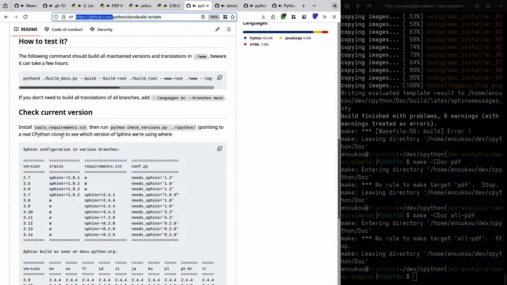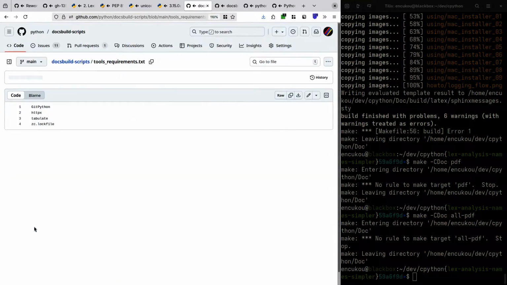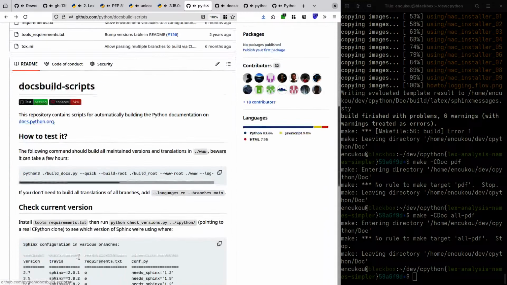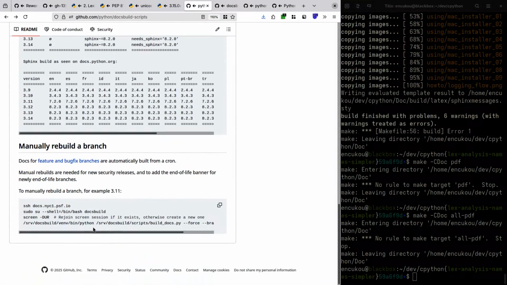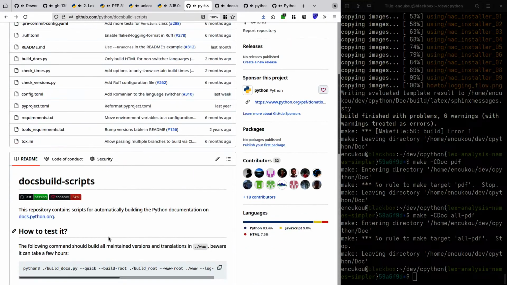Oh, that's amazing. Okay. Oh, tools requirements txt. Okay, so these are the Python requirements. Probably doesn't list the system requirements.